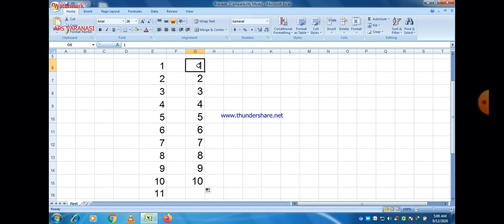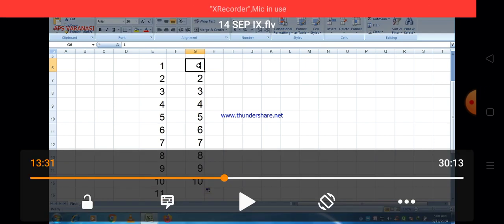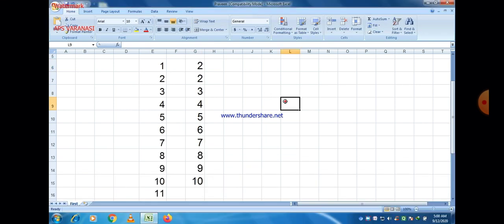And if you drag only a single value, then it will be copied to other cells also. But if you want to make it a series, then just right click and click on fill series. And if you want to make another series, this is also possible. You can type any series.